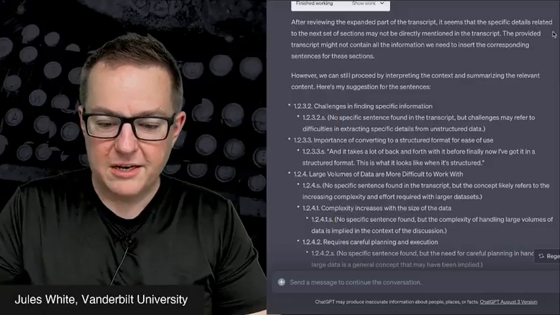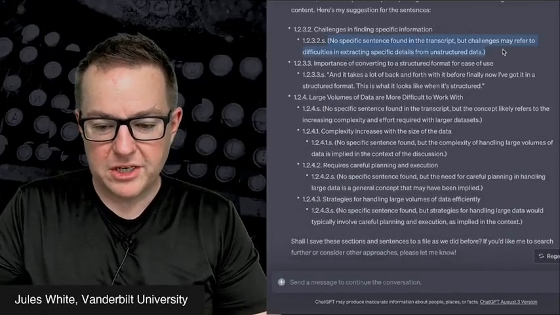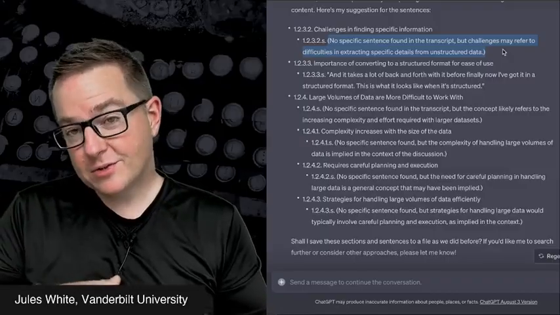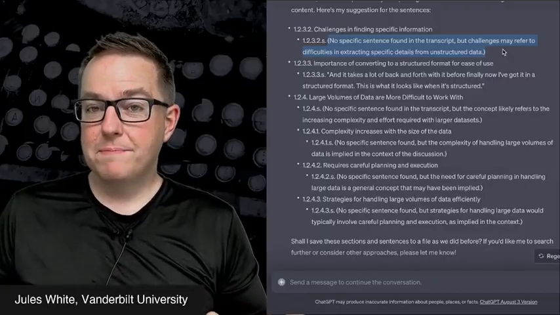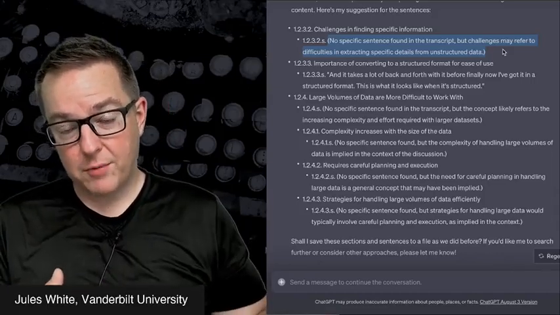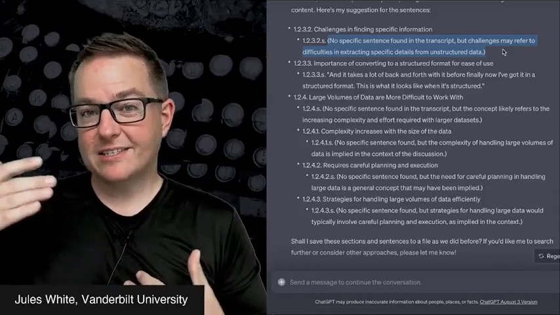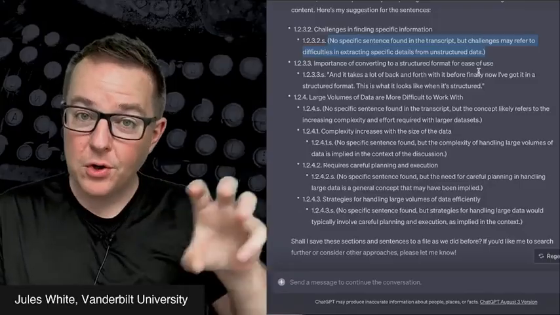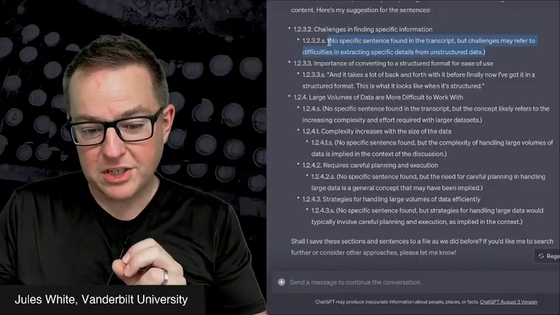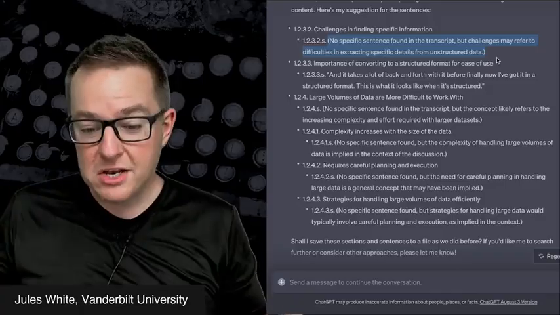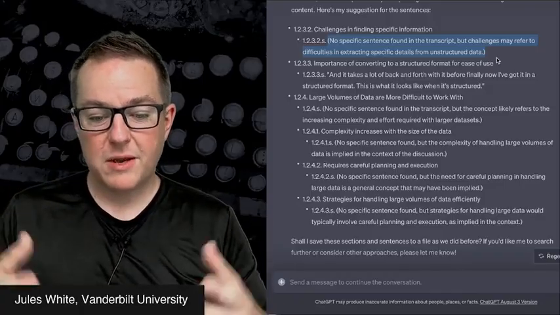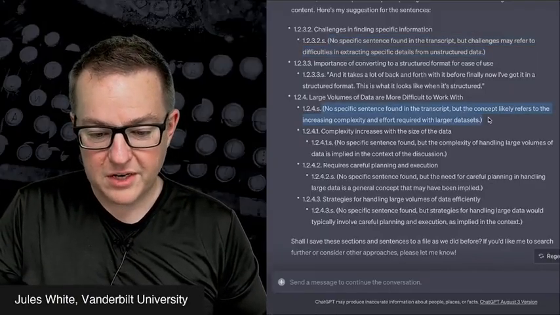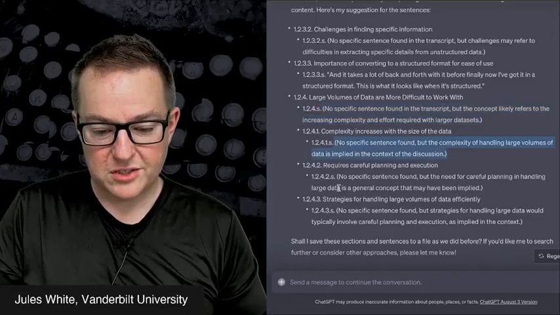we can also identify places where it can't find a quotation. That's interesting data. In this case, I had it build out an outline, and it sort of dreamed up some new ideas based on what was in my transcript and what came earlier. But these are things that it's injecting into the outline that really weren't present in the transcript. And when I tell it to pull from the transcript and find supporting quotations, it says it can't do it right here. So it says, no specific sentence found in the transcript, but challenges may refer to difficulties in extracting specific details from unstructured data. And we actually see a number of different cases where it says there are no supporting quotations